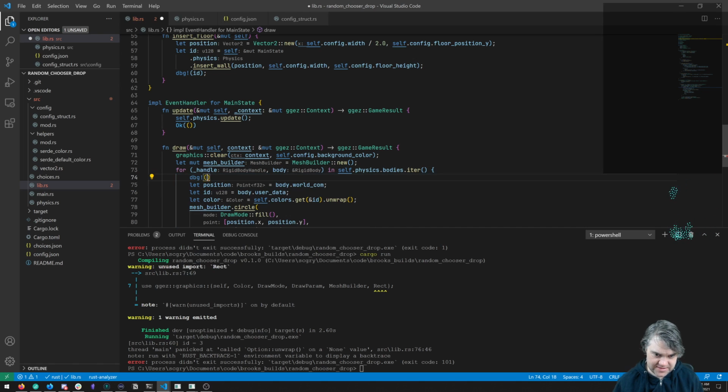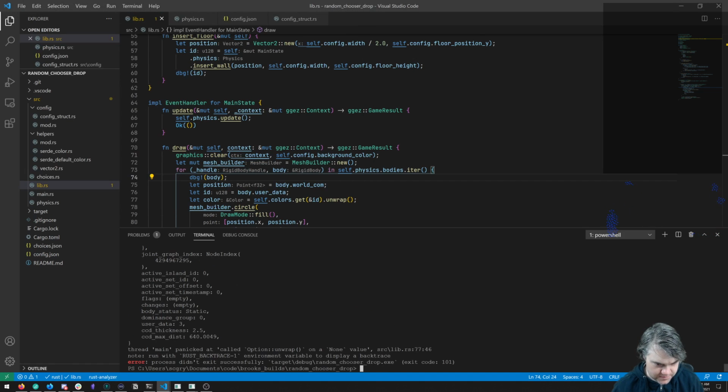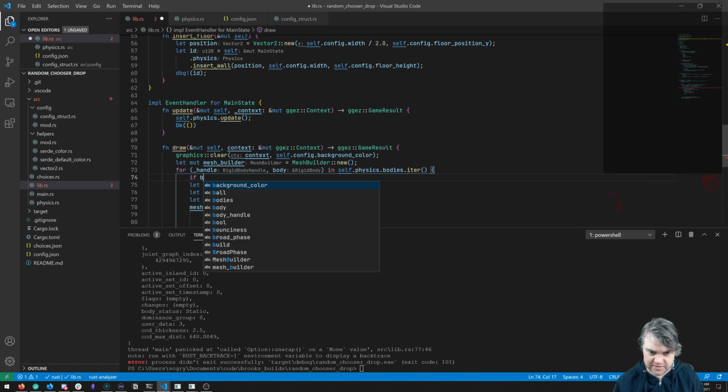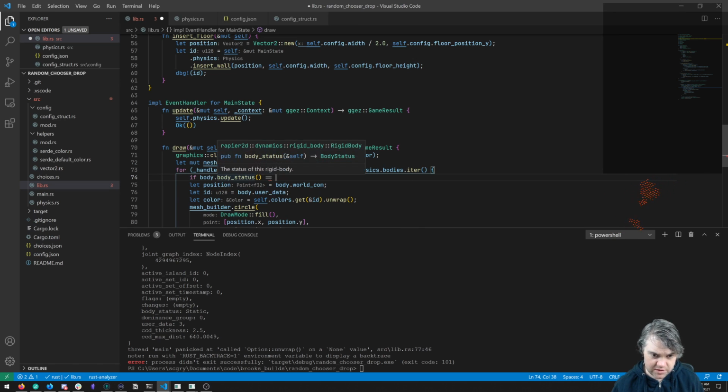Can I debug body, and then it'll crash after once, which will be fine. Yeah, okay, so body status static, whereas the other ones are dynamic, I believe. So if body.body_status equal to, and then what